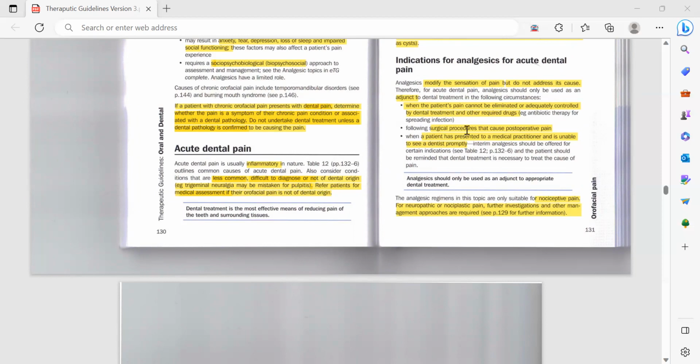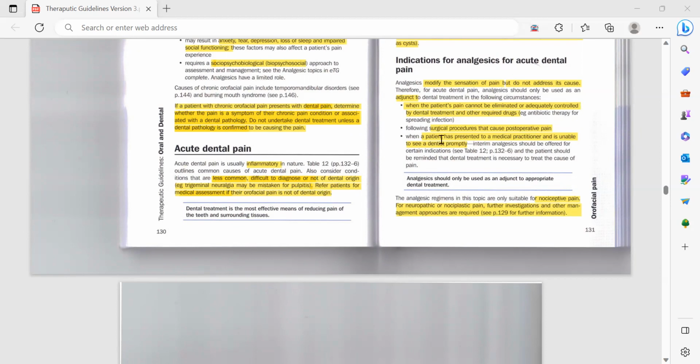Then, following surgical procedures that cause postoperative pain, like for example, extraction. After the numbing goes away, the patient would be in pain. That postoperative pain is normal, but for it to be more bearable, we need to prescribe certain